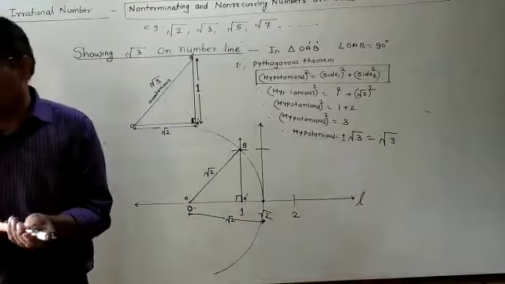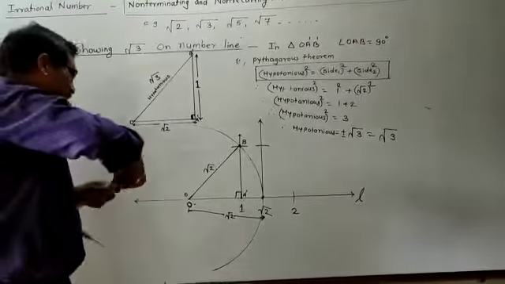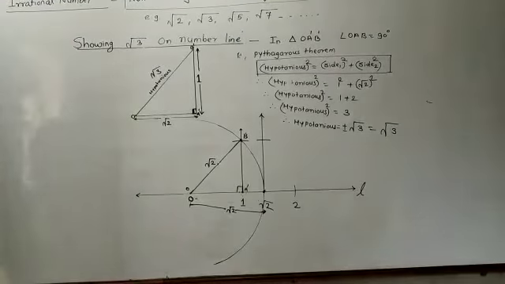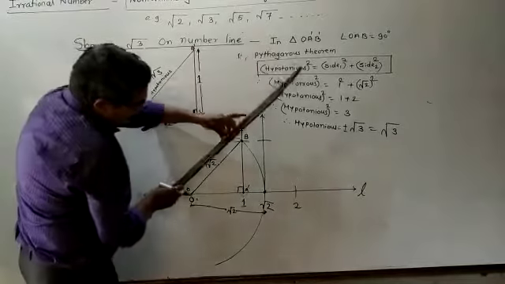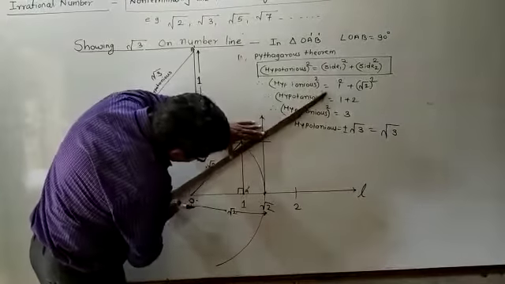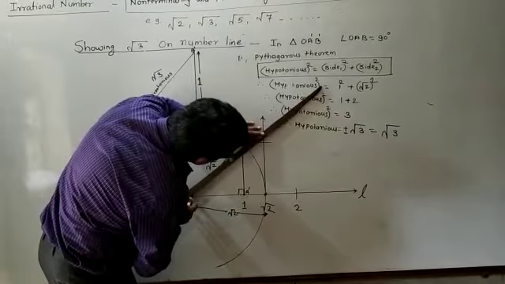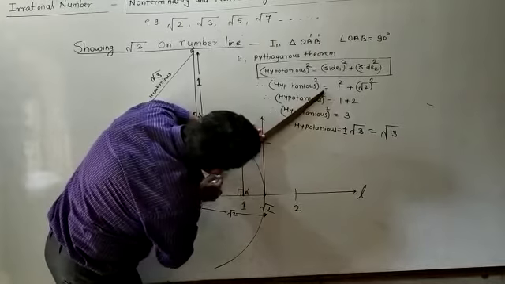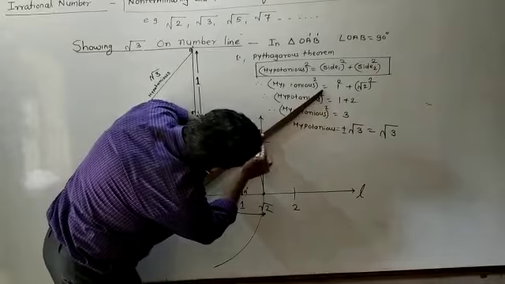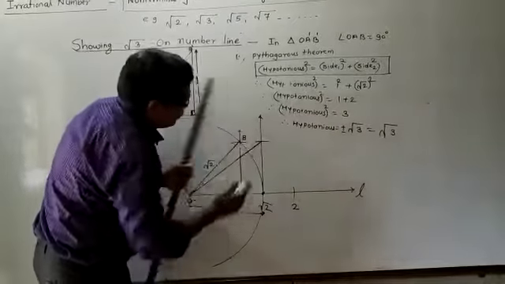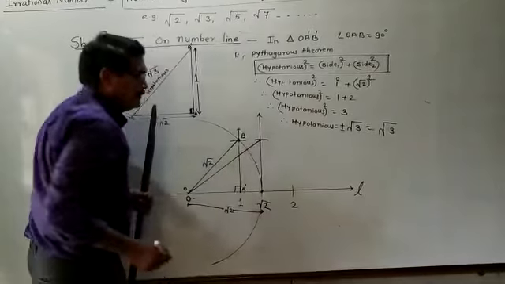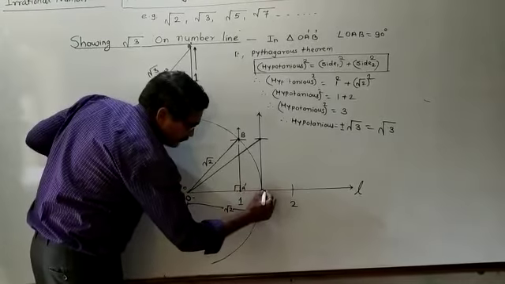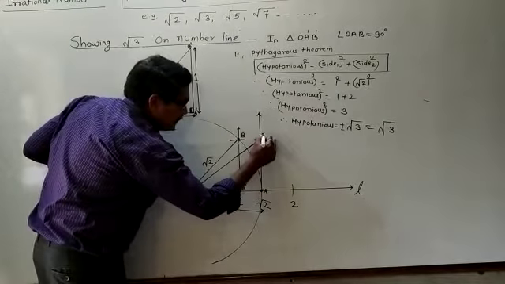Okay. After drawing the arc, what you have to do, that you have to see. You have to join this line. You have to draw the hypotenuse. Hypotenuse is like this. From O to this point, properly you have to draw the hypotenuse. Exactly point you have to join. Okay. Once you draw it, at that time this point is A dash and this point is B dash.